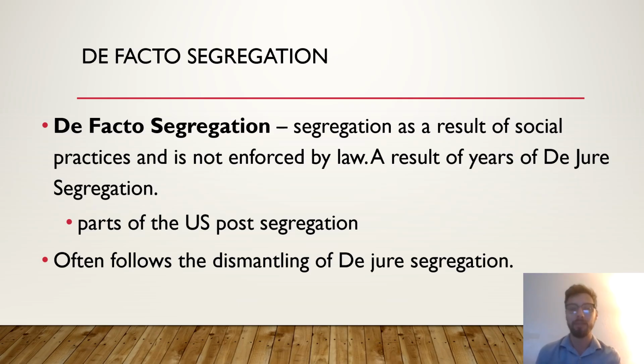We see that this form of de facto segregation does not have laws enforcing it, but instead relies on social practices, maintenance of economic influences, and tradition that result in dividing lines along a specific metric, either race, gender, or whatever it may be. In the case of the United States and post-apartheid South Africa, we see this is along the lines of race.